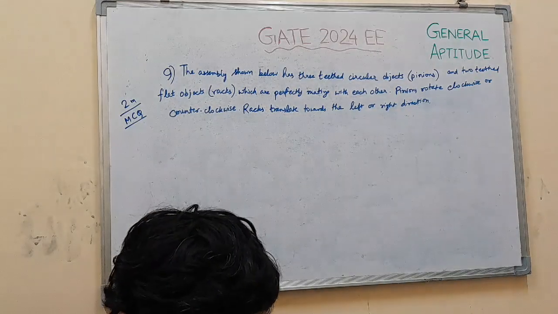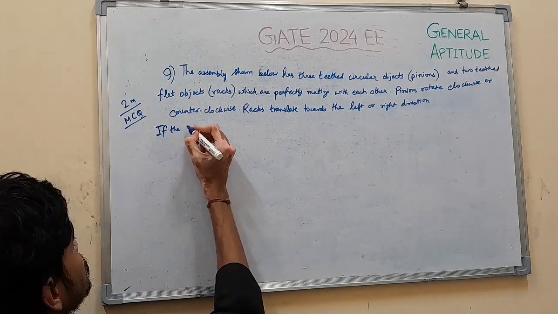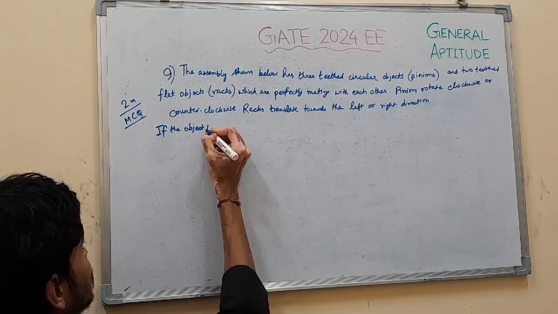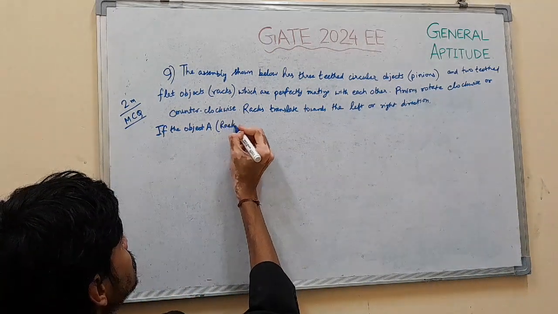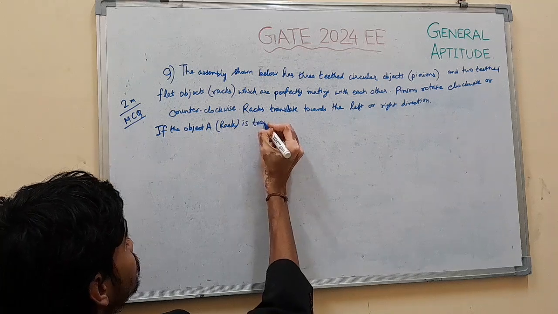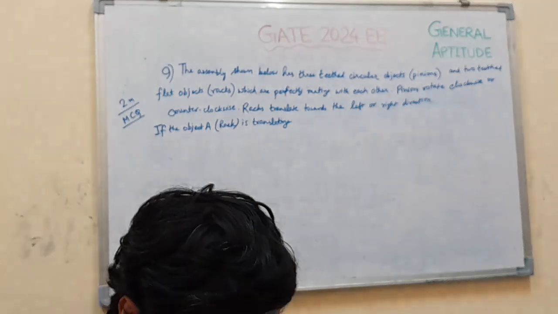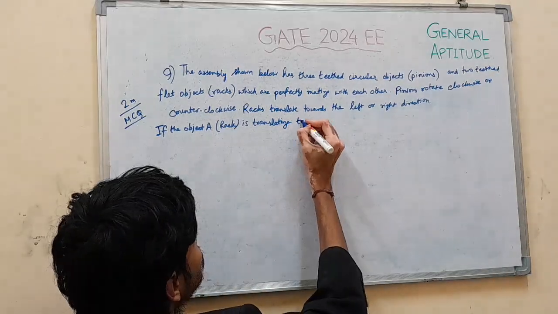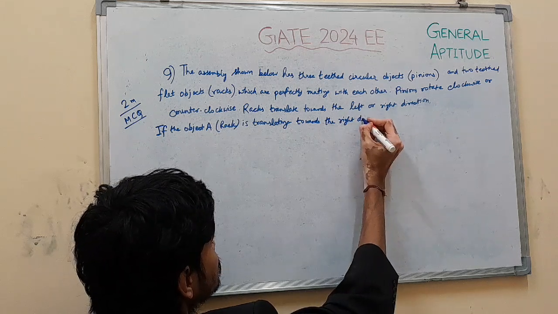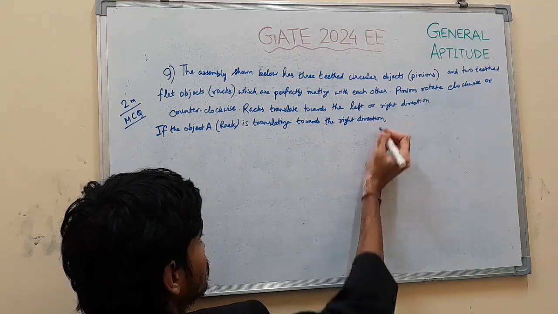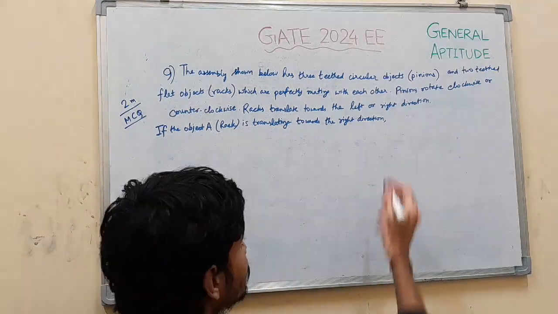And it is given that if the object A rack is translating towards the right direction, the correct statement among the following is: